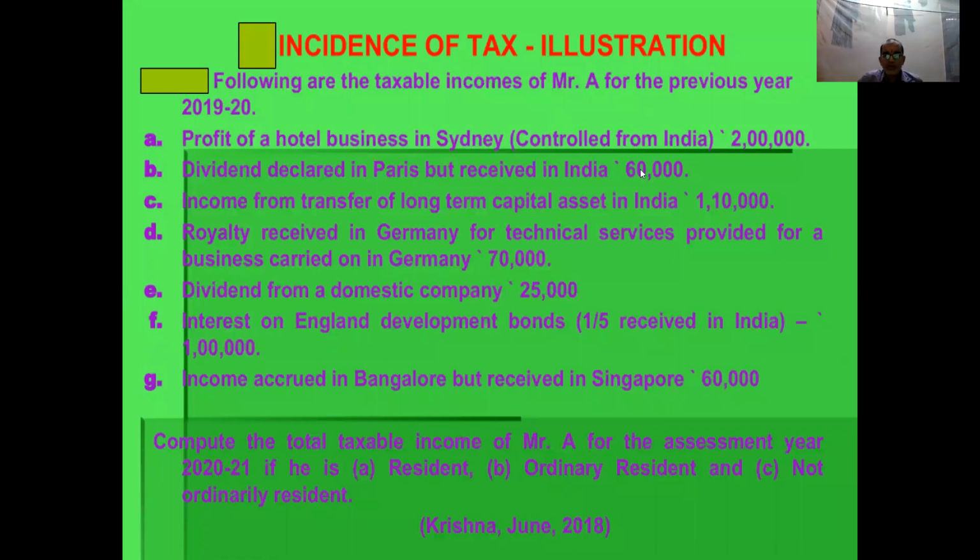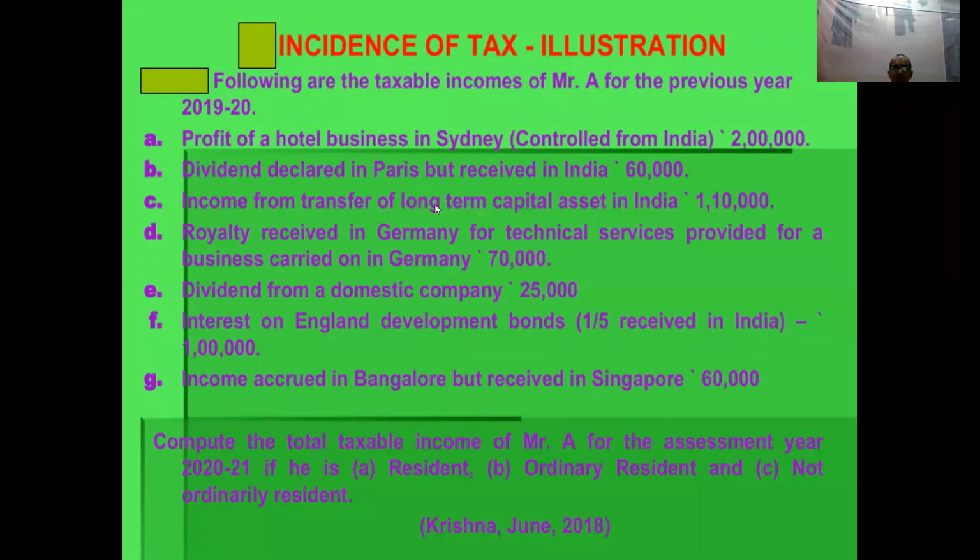Okay. Now, I know that you may be having doubts. So that is why I brought one illustration, one example for you. This problem was given in Krishna University in June 2018, to test how a person's tax liability is influenced by his residential status. I will simply go through this problem and show the answer. I have already done it and kept it in the slide, just for your easy understanding and to save time.